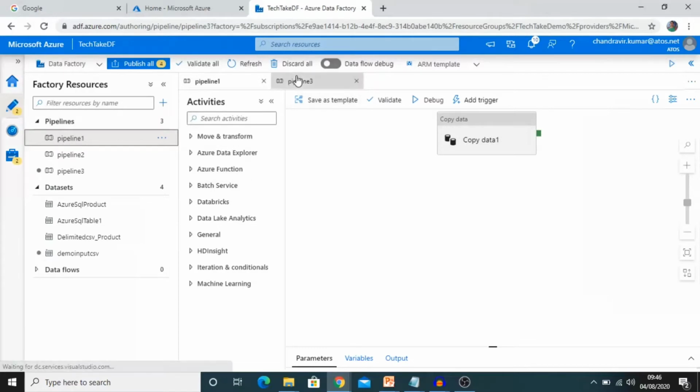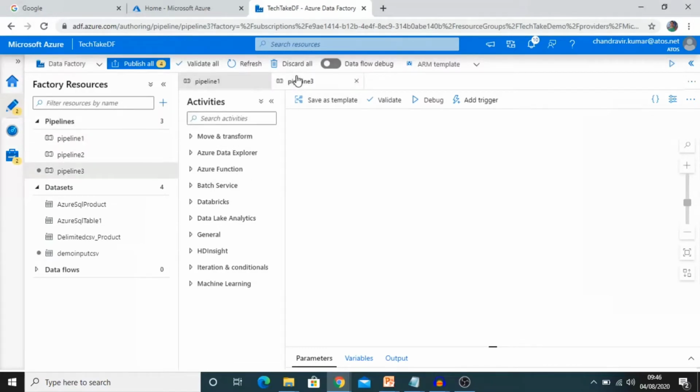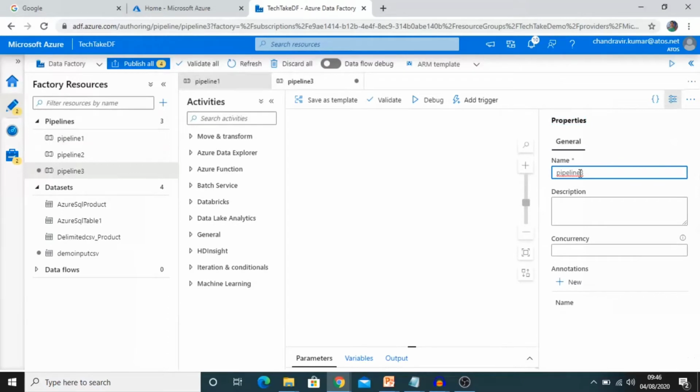Let me rename it, make it some meaningful name. Go to properties, make it as copy data and archive. Yeah, it looks good.